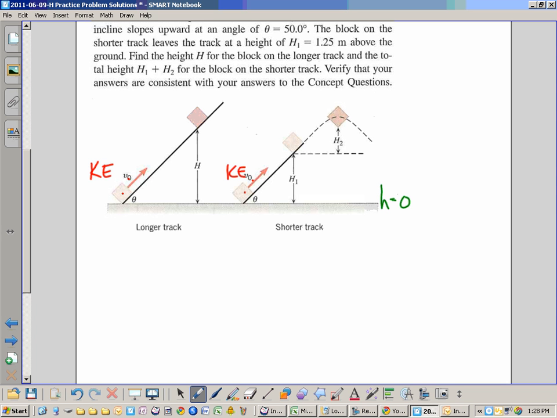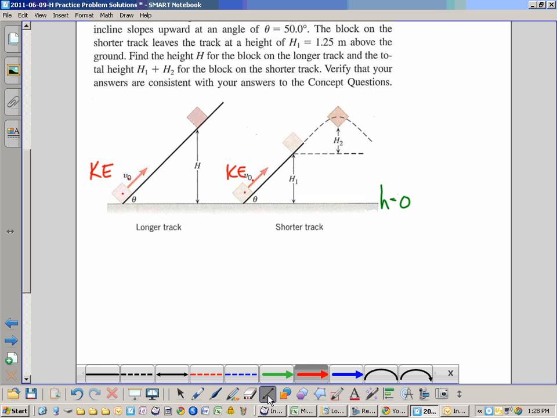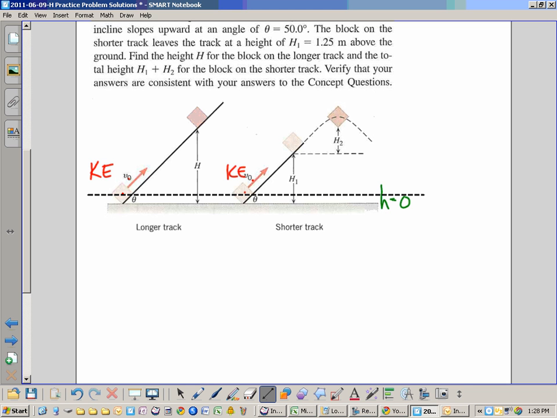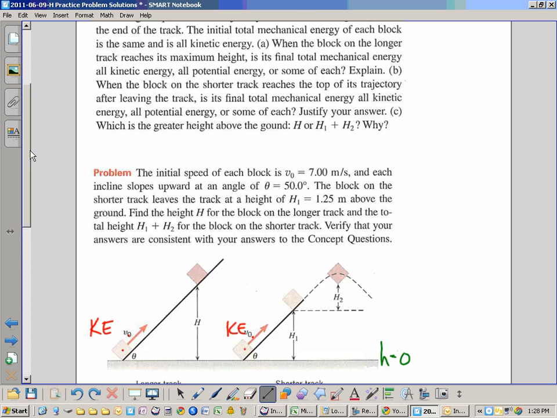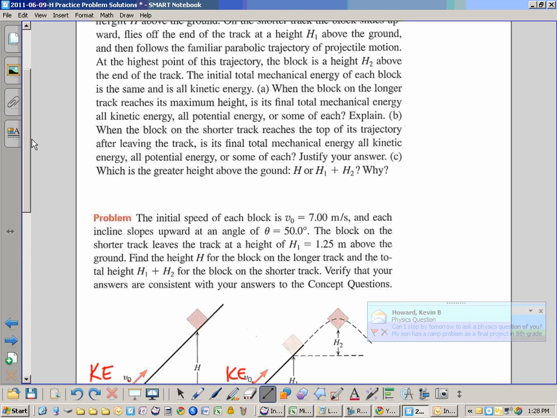They have the same potential energy because they both start at height h equals 0. Technically, we should make that h0 go through the center of mass of the block, and then we measure between centers of mass. But we'll just measure to the bottom, assuming those would be exactly the same thing. So now the first question is, A, when the block on the longer track